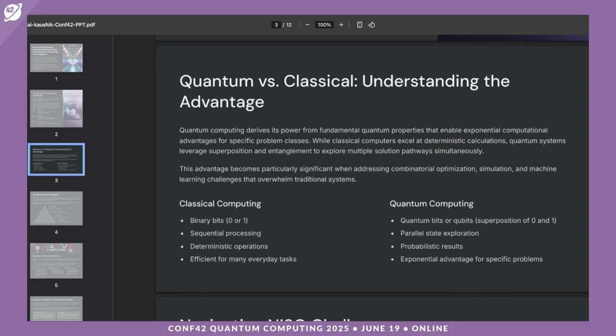When qubits entangle, their states link so that measuring one affects the whole, allowing representation of complex correlations classical bits cannot efficiently encode. So, in practice, algorithms like the quantum approximate optimization algorithm encode an optimization objective into a circuit that samples candidate